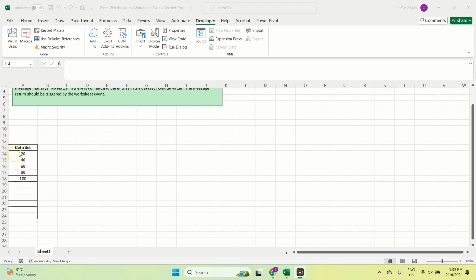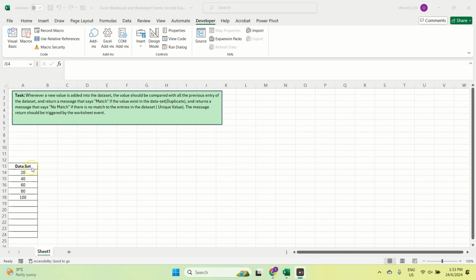And there is basically a single-column table, right? And the header is Data Set, okay? So we have values underneath it, okay? So whenever a new value is added to the data set, right? New values are being added to the data set. The value should be compared with all the previous entries of the data set. So this value that we're adding to A19 should be compared with all the previous entries in the data set,